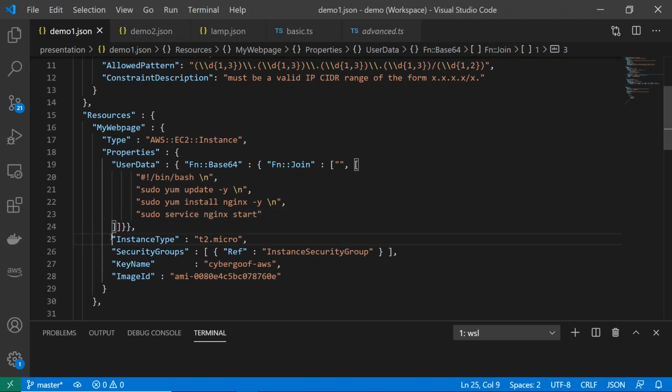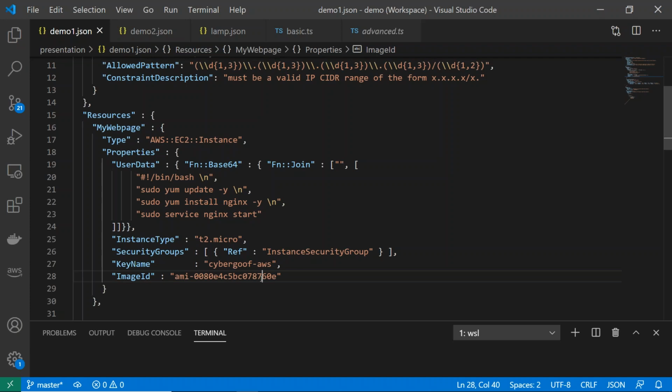I can give it my size, so I can do T2 micro, which is tiny. I'll cover the security group in a minute. I can get some information. Oh, image ID. So this is a base image, which would be Amazon Linux 2. So it's a version of Linux that Amazon provides and keeps up to date. Every month they roll out a new version. I actually haven't updated this file in a while, so this is probably a couple months old. But it's a resource ID. There is a specific virtual machine image, binary image out there, ready to be deployed. And I just said, hey, go and grab that one as my base deployment.